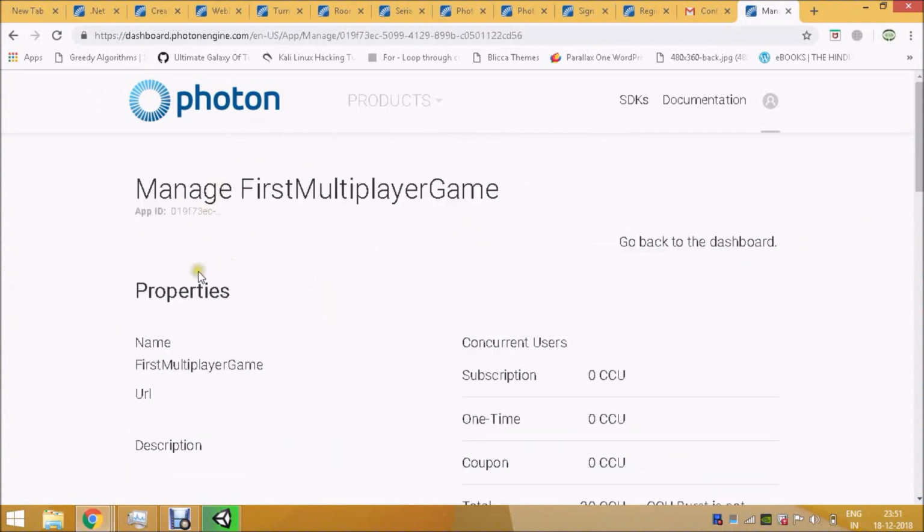Now here, if you click there, I just create a manage first multiplayer game. Now here you can see at the bottom of it, there is an app ID. For every project you create, the Photon engine creates a unique app ID that helps you to link your various users or various instances of your game, like on a PC, on an Android device, on a Mac, on an iOS device. Means that it helps you to link all those game instances or apps through this Photon ID. You can link